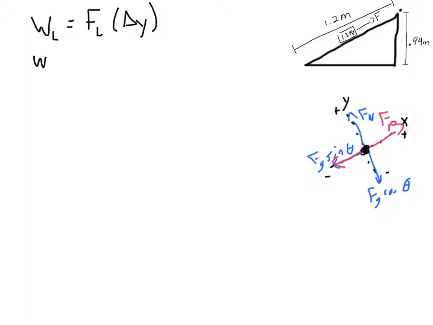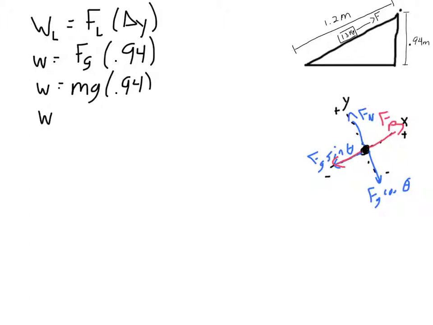Well, this is going to be very, very easy here. If you look back at the first slide, we found that the force needed to lift is going to be the same as the force of gravity, right? Times my delta y, which is 0.94. If I was going to lift it straight up, and forget the ramp, I'm just going to take it up to 0.94. That's work equals mg